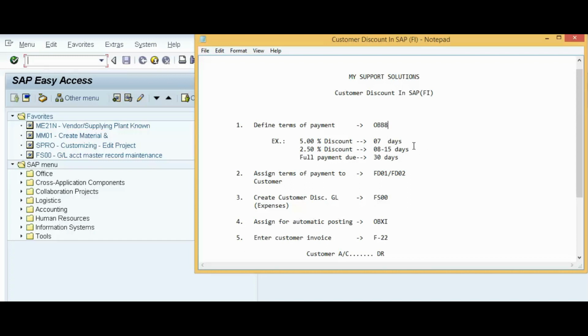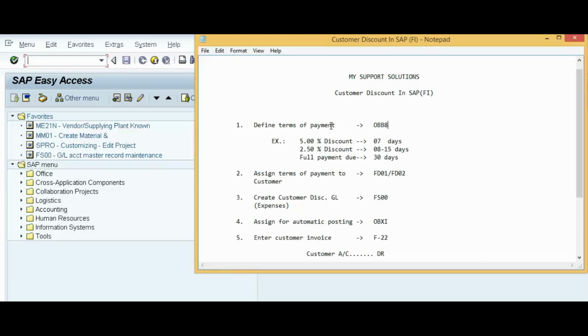So after 15 days there will not be any discount. Then we can define terms of payment for our vendor or our customer or for both. So this is our first step, define terms of payment.